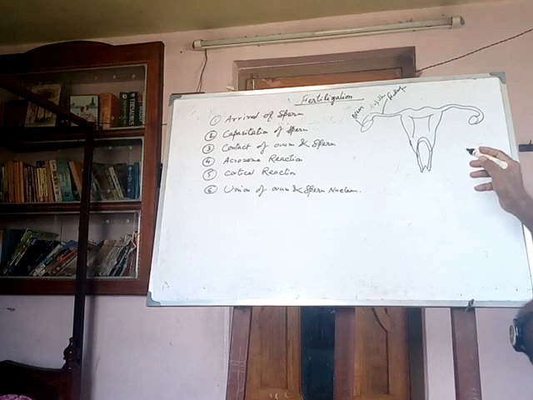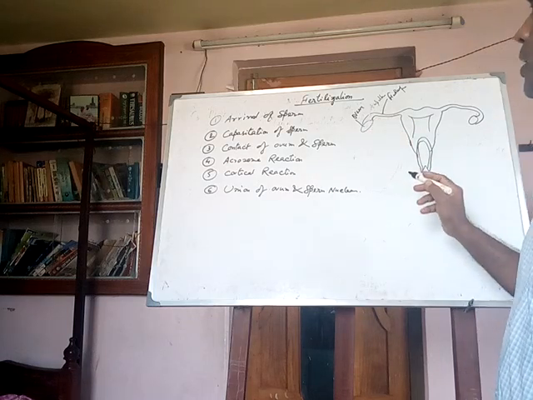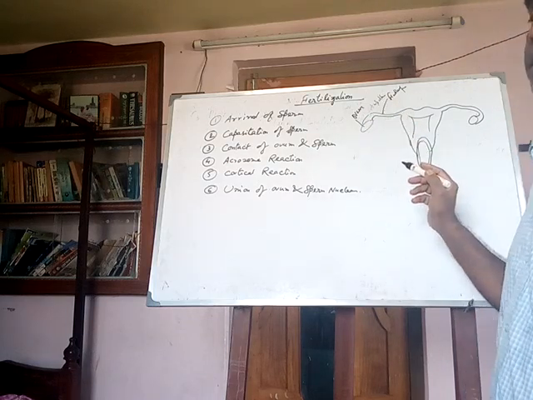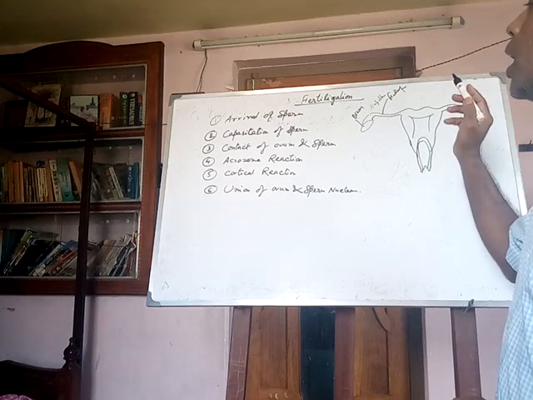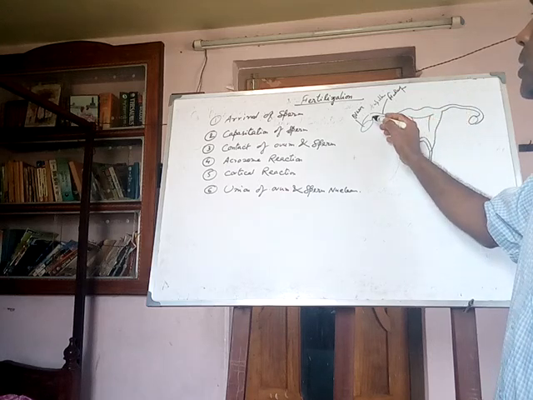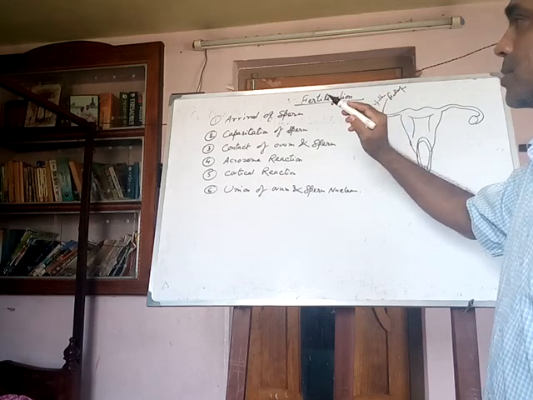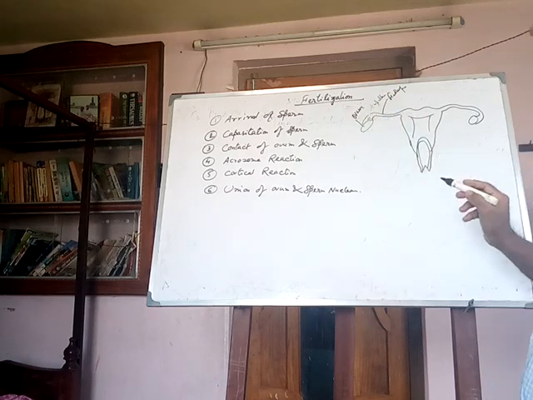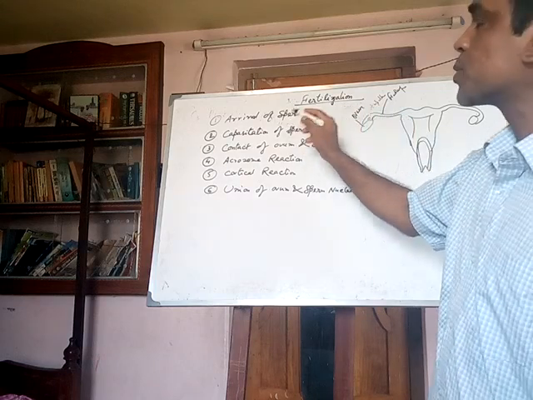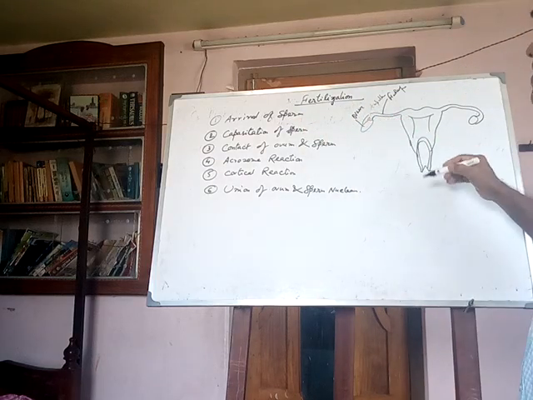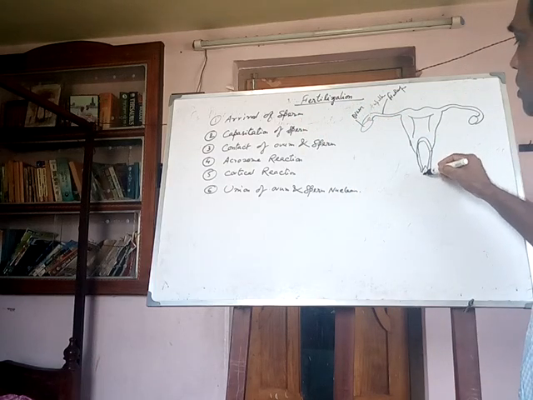Ampulla. In this portion, the fertilization process takes place, and it is the meeting center of sperm and ovum. That is the ampulla. Arrival of sperm, after the ejection of the sperm into the